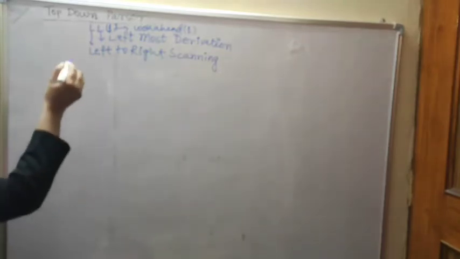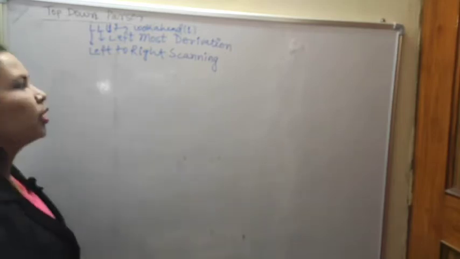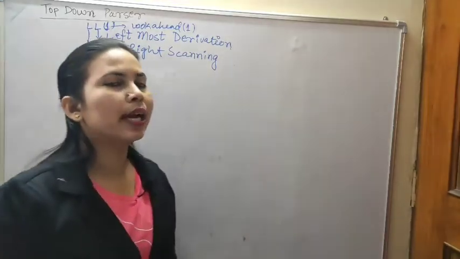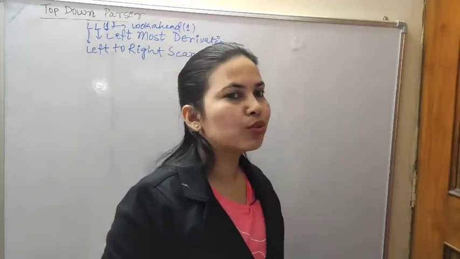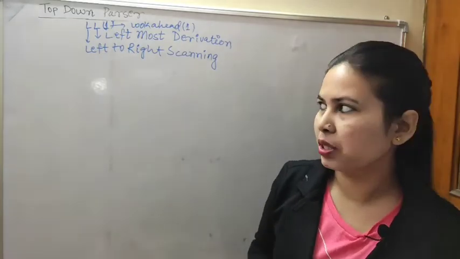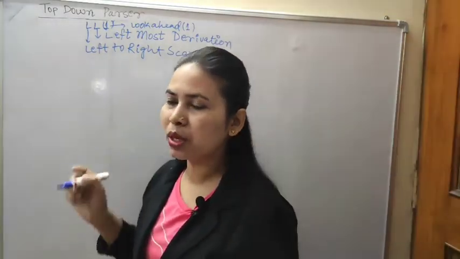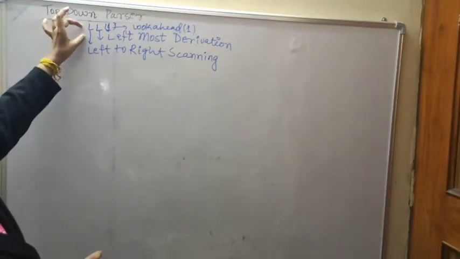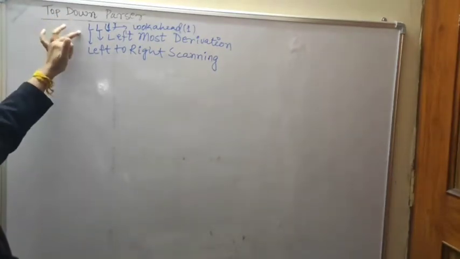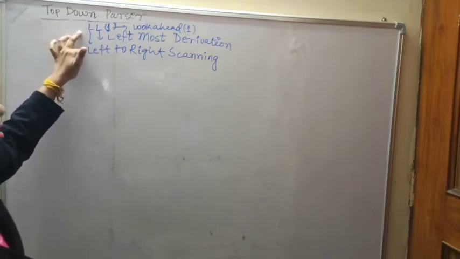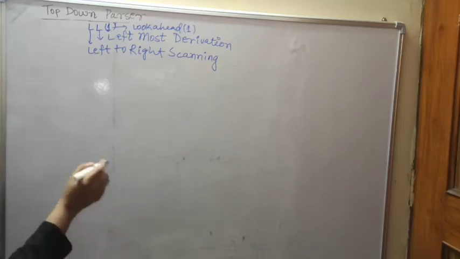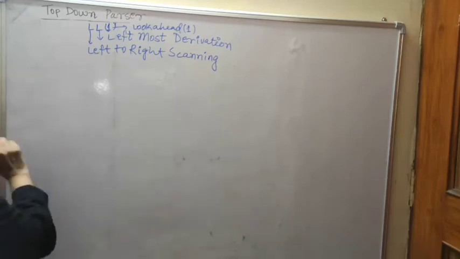Okay, so for the LL1 parser, we need the first and follow functions. In top down parsers we use first and follow functions, and in bottom up parsers we use closure and goto functions. So first we will see the top down parser. Recursive descent parsers we have seen, and now we will see the LL1 parser. LL1 is also called a non-recursive descent parser, and it is also called table driven. Remember that.